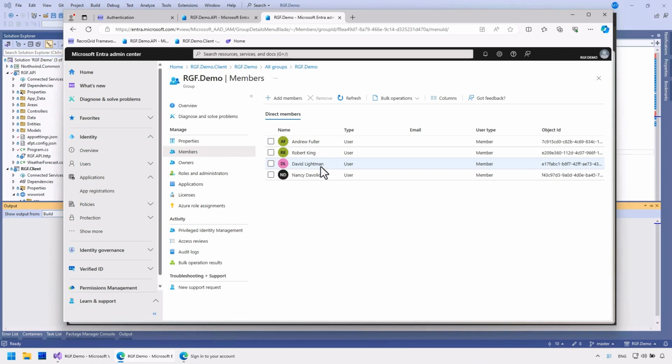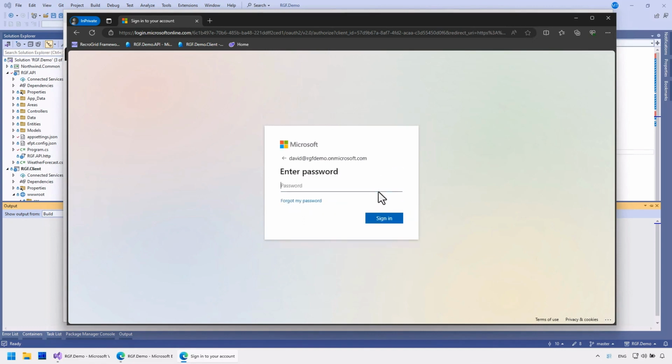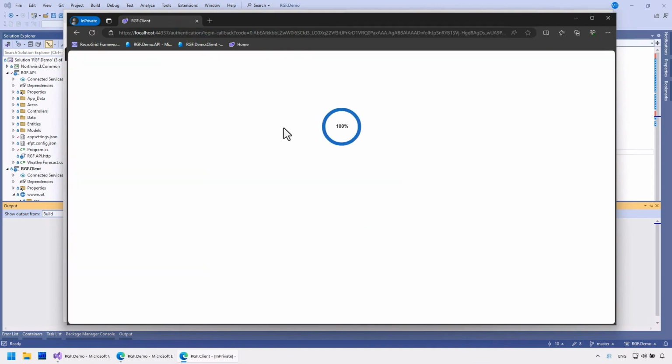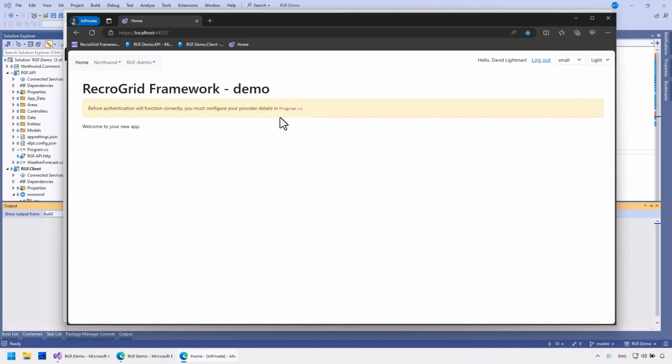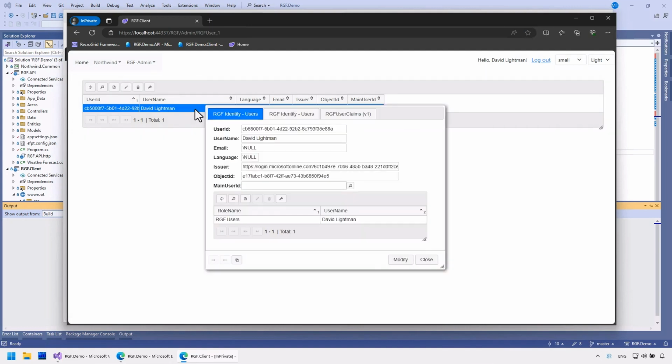David Lightman will be the administrator. Since I'm currently in single user mode and have enabled automatic user registration, the user appeared in RGF identity.